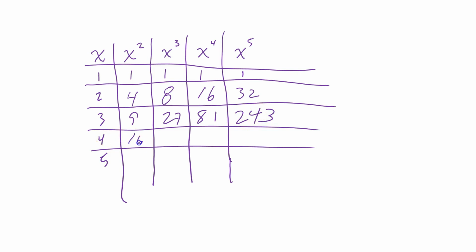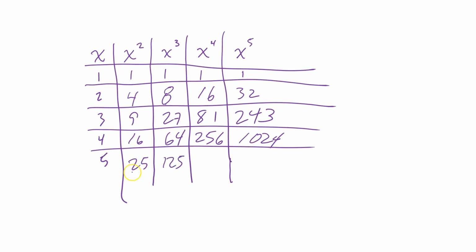4 times 4 is 16. Times another 4 is 64. Times another 4 is, excuse me, 256. And then times another 4. Well, if you're not good at this, 4 250s is 1,000, and 4 6s is 24. That's 1,024. Okay, and then 5 squared is 25, and then 5 to the third, or another 5 here, is